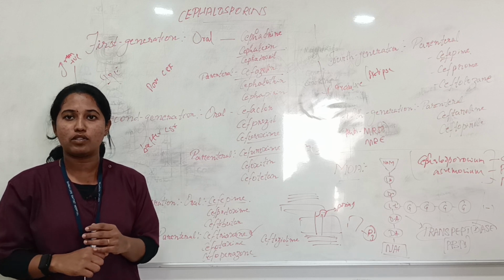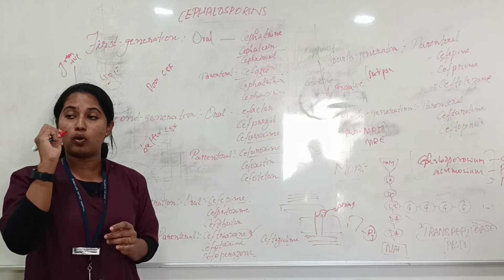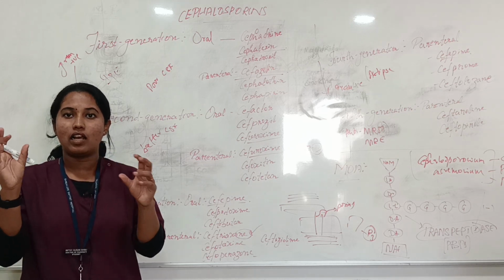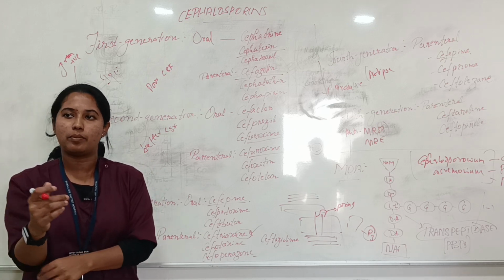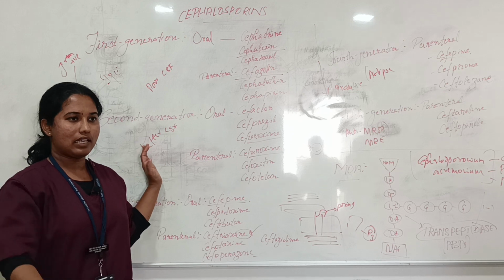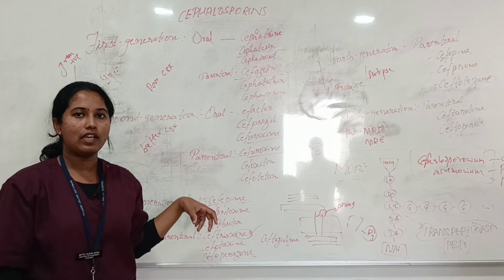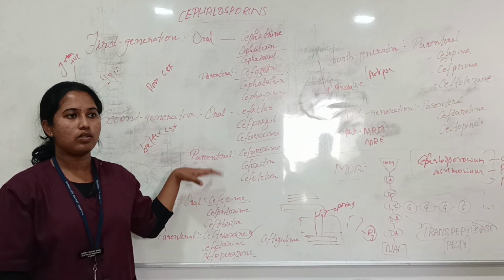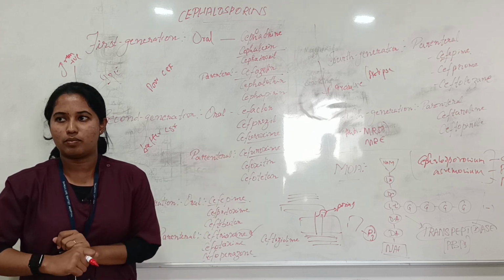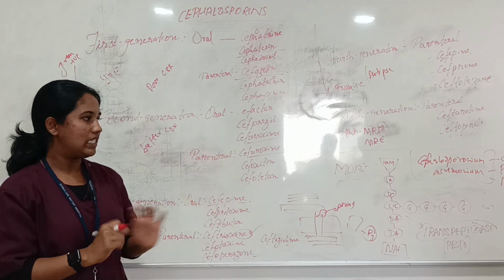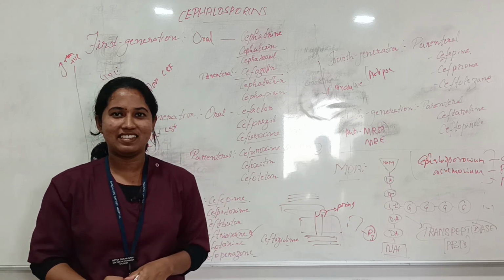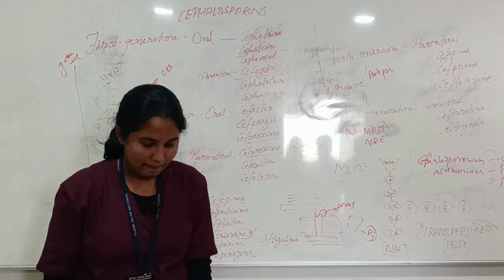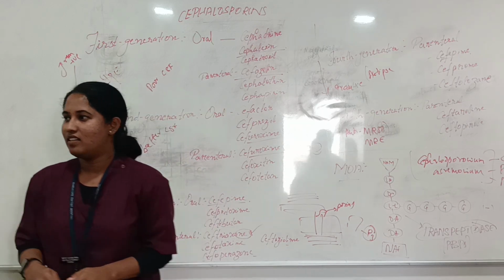Sometimes, in very few cases, there is a chance of hypoprothrombinemia, that is a decrease in prothrombin time. In very rare conditions, so that is again not much common. But the one which is very common is nephrotoxicity, so it's better to go for dosage adjustment. So that's it about cephalosporins in general. Another thing is